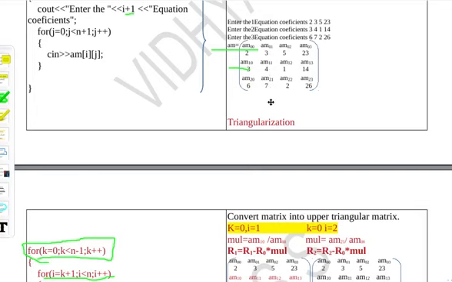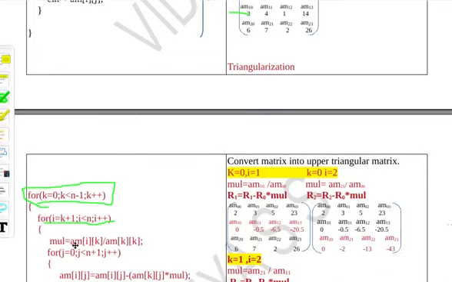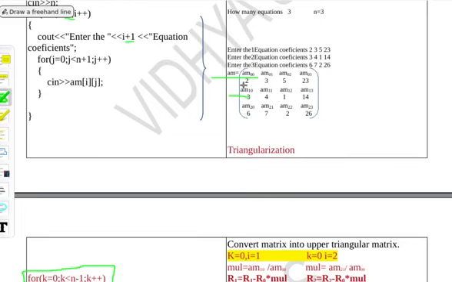I need to make change but in the next row. So that's why it is like: multiplication factor is equal to, so always see, we will divide with the pivot element. Pivot element will be, if it is the first row, 2, that is 0 0. For the second pivot row, I will take the pivot element as 1 1, that is this 4.